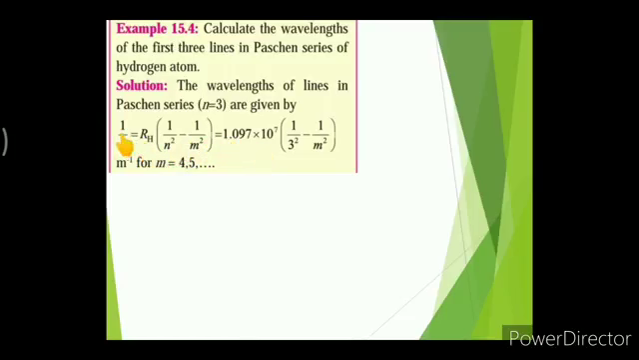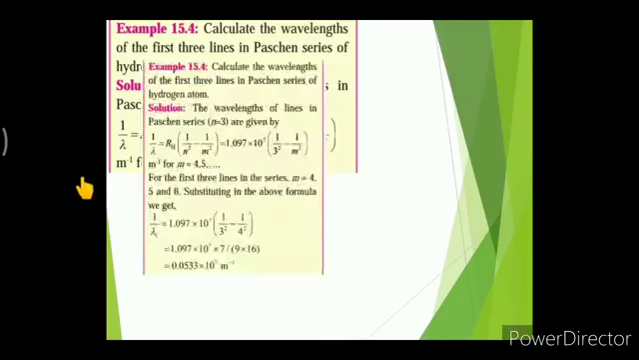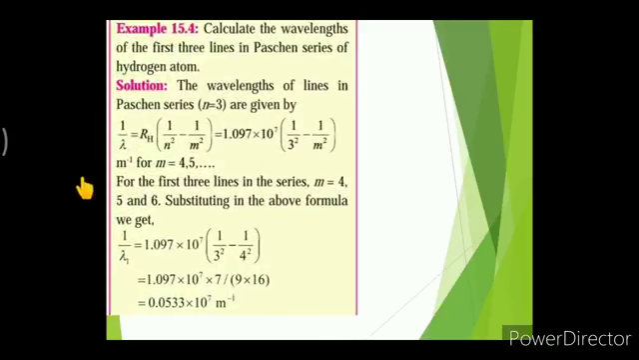Okay, so the formula will become, for the Paschen series, 1 upon lambda is equal to 1.097 into 10 raised to 7 in bracket 1 upon 3 square minus 1 upon m square. Now we have to calculate the wavelengths of the first three lines in the Paschen series of the hydrogen atom. So for the first three lines, the value of m is 4, 5 and 6. Let's substitute